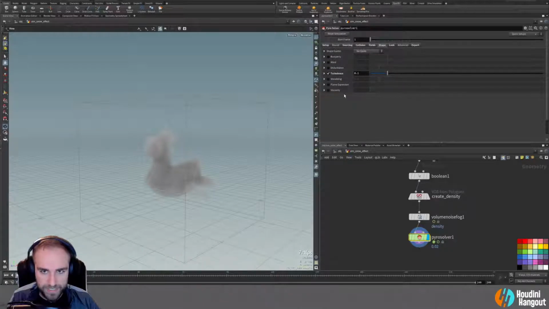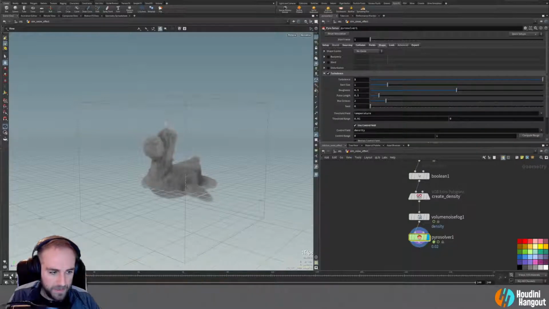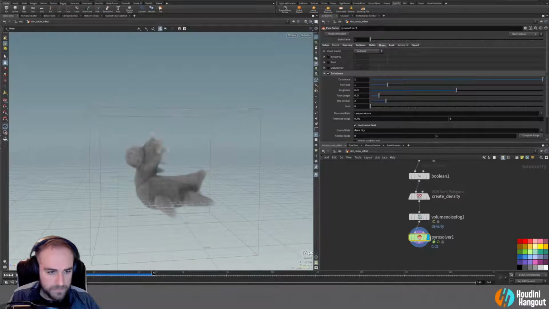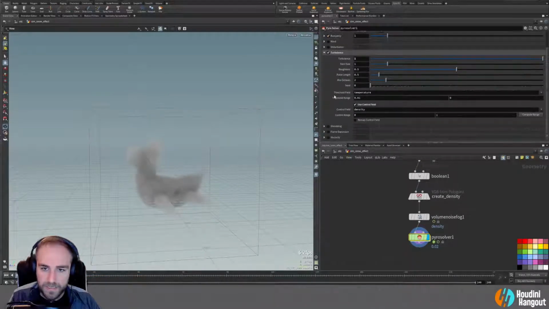Also not going to need the buoyancy because I don't really want it to go up at all. So as I add in the turbulence and scale that up just a little bit, we should start getting this pushing things around a little bit. Oh, right. By default, the threshold field on this